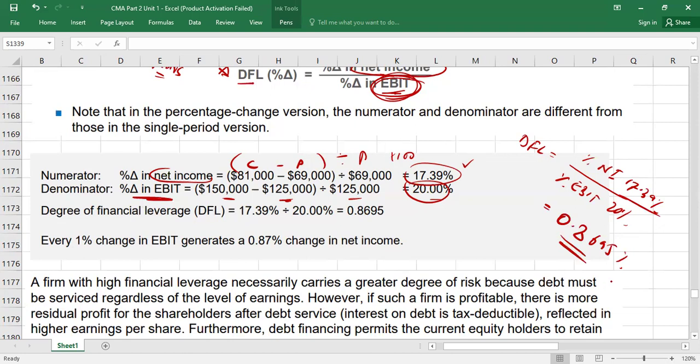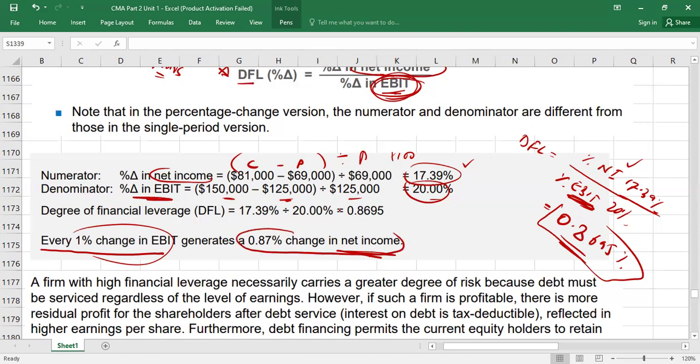0.8695%. So what does it mean now? Just understand the interpretation. This is how you will interpret it. Every 1% change in EBIT, EBIT is the denominator here, okay? If your denominator changes by 1%, your net income, because the numerator is net income, will change by